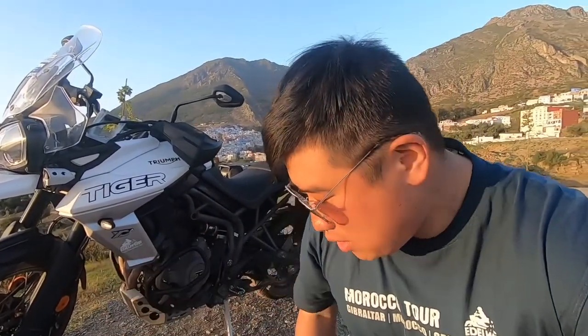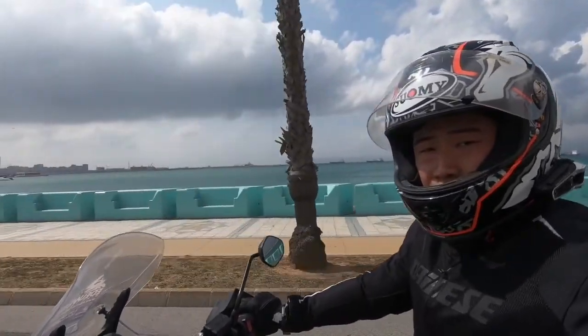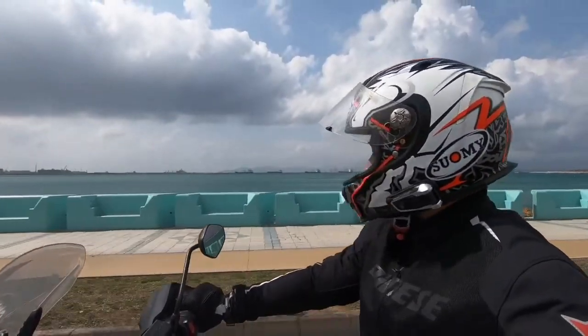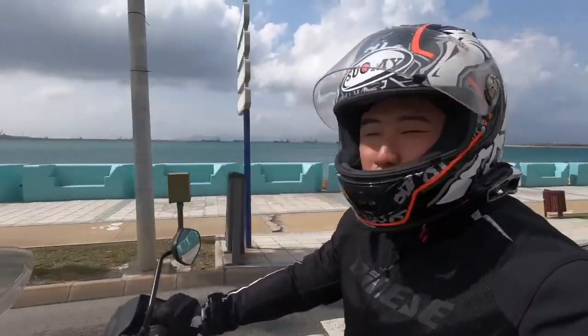This is the bike I have rented for the Morocco tour. It's a 2018, I'm sorry, not a 2019 model, Triumph Tiger 800 XCA, from Edelweiss Bike Travel. It is a British bike. Actually, during this tour we've been to Gibraltar, which is controlled by the United Kingdom, so I have actually ridden this British bike in the United Kingdom, which is a very special or unique